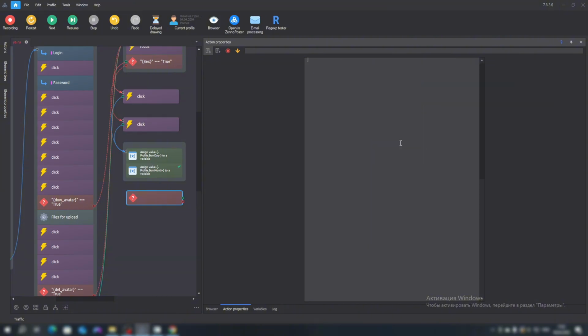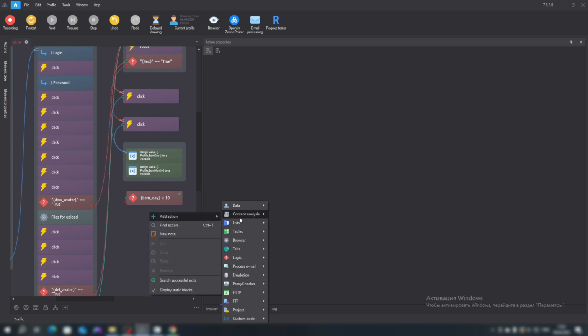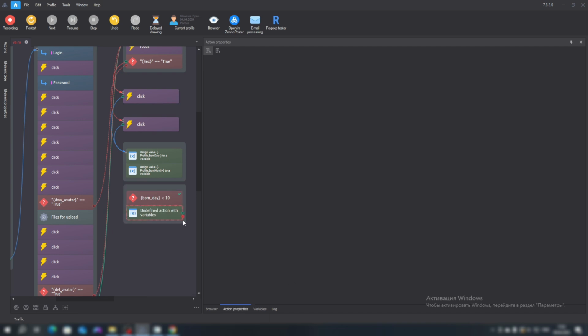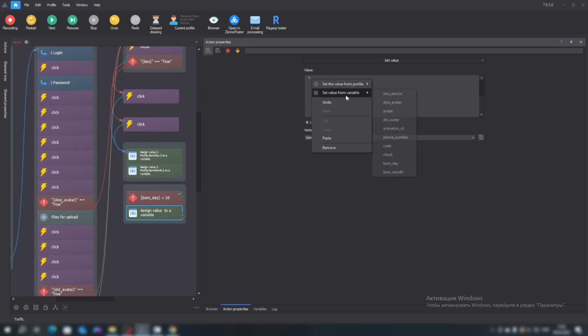To start with, we compare the birthday. We compare as in regular mathematics, and this is the same in any programming language. Less than 10, for example. Less than 10, right? And if true, then we need to change the variable. The birthday variable. We already enclose it. Its previous value, that is 4, we assign to it.